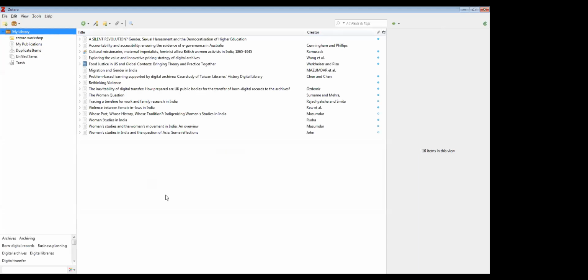In a similar way, you can remove the duplication and enrich your collection in Zotero. This is the second part of the presentation, and it also allows you to add items manually. There is a button called the plus sign. By clicking it, you can create a new item manually. There is also a magic wand. It also allows you to search for resources through identifiers.